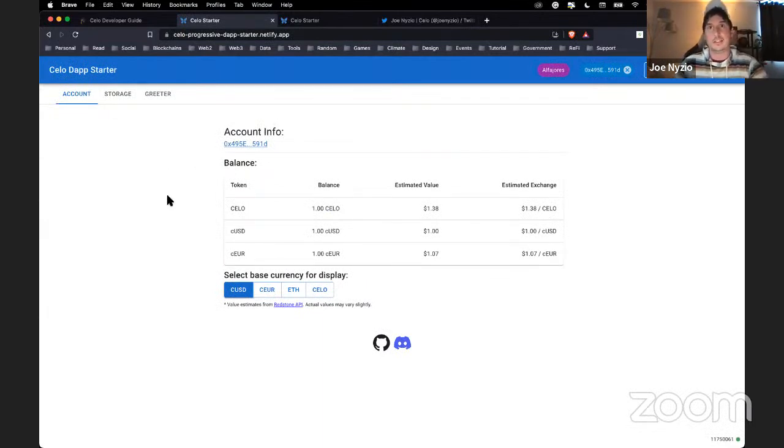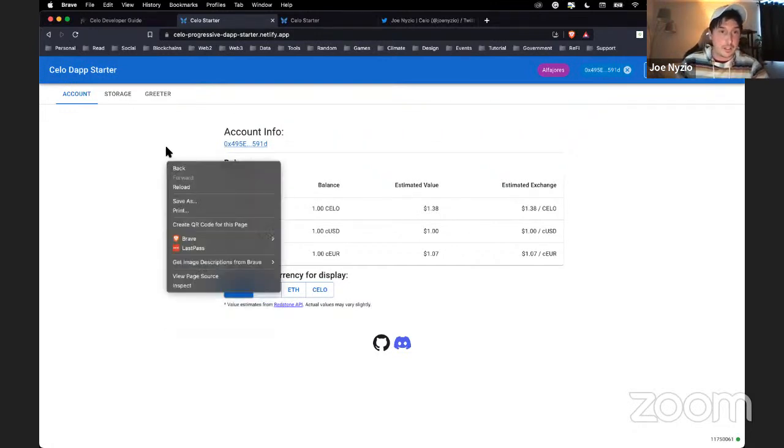Why would you want to use it? Because as you've seen, there's quite a bit of backend stuff you can do. I was doing a little bit more with the tools. Nestor was showing the in-depth look at like how to mess with transactions. And then you got to keep all that in mind while putting the front end together in a way that people are going to be able to use. And the whole point of recommending Dapp Starter is that it's at least a kickstart to help you go ahead and do that for yourself.